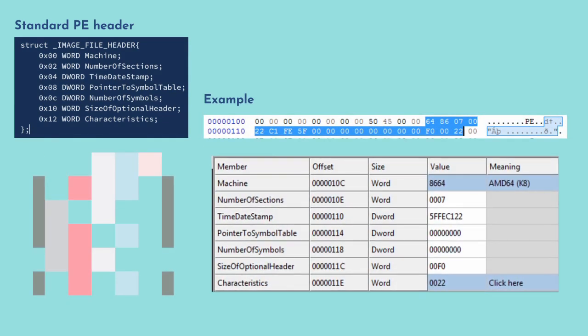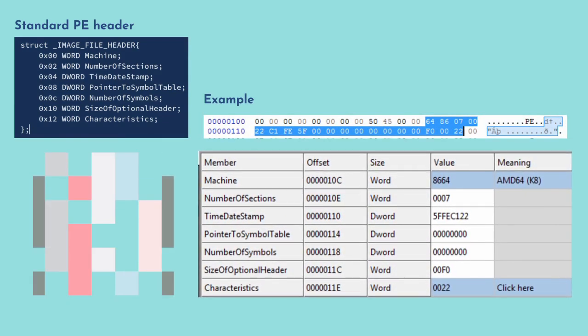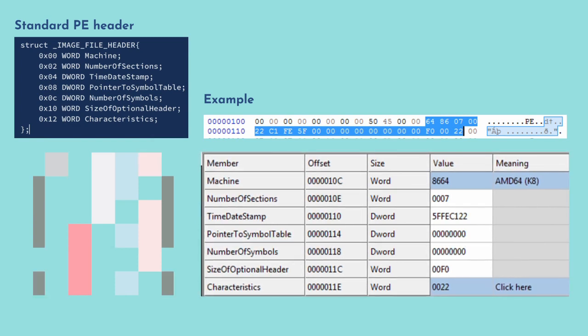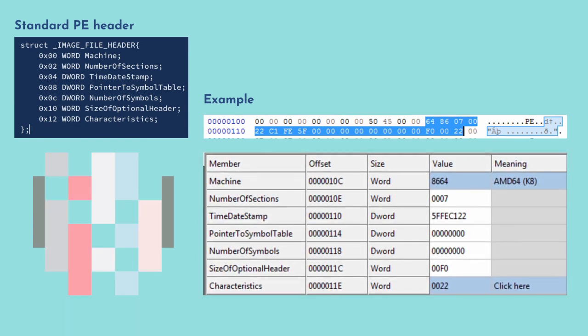Image file header is the standard PE header. The standard PE header is the next 20 bytes of the PE file and contains only the most basic information about the layout of the file. The standard PE header contains Machine, which indicates the CPU platform for program execution. Example: hexadecimal 0 indicates any platform, and hexadecimal 14C indicates Intel i386 and subsequent processors. Number of sections indicates the number of blocks in the PE file. Time date stamp indicates the total number of seconds between the time the linker generated this file.